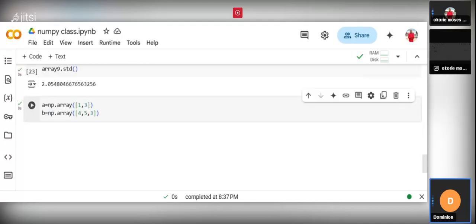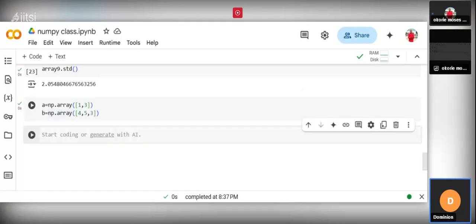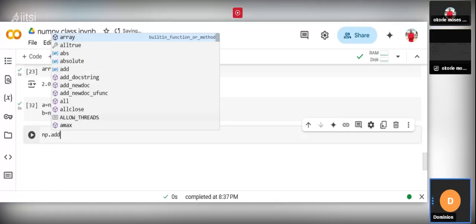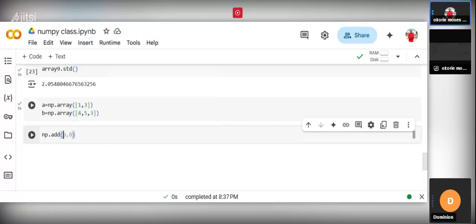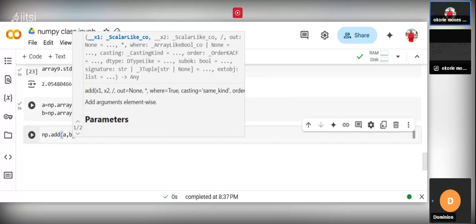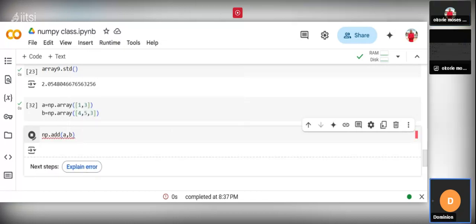Then let's see how we can use the add method, the subtract method, the multiply method, the divide method, and the sort method. Okay. Now we are going to use the add method. Now we are going to say np dot add. We pass in our parameters, a comma b. When we run it, it will automatically add those two